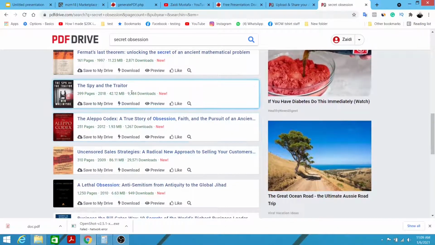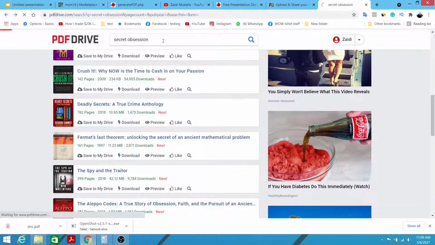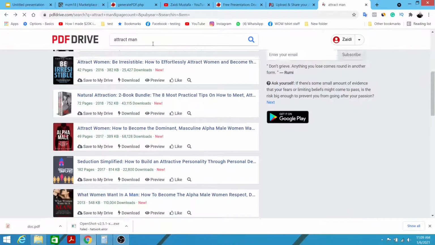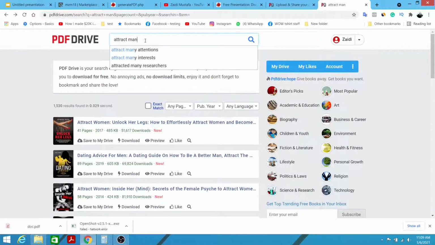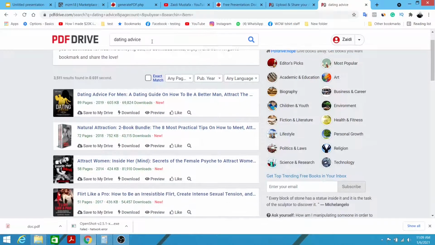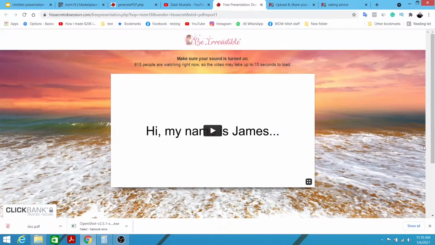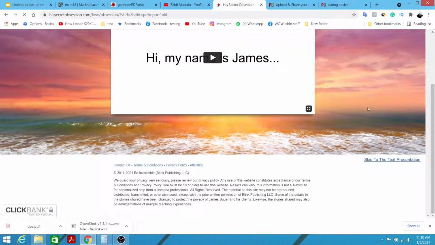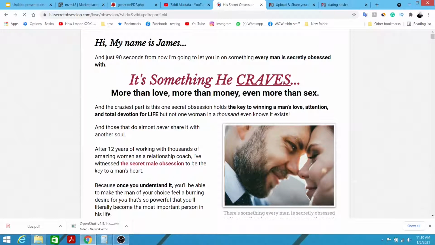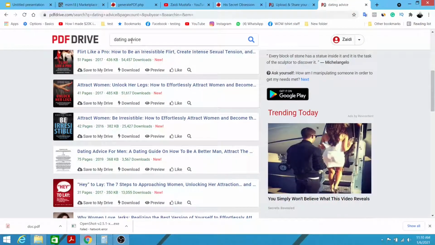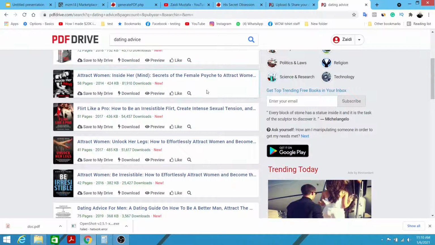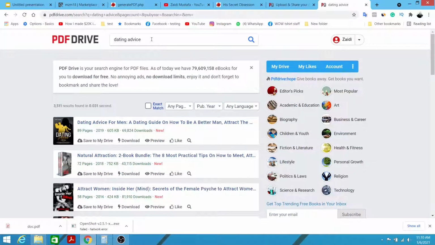So see, 1,000, 9,000, 2,000, but if we go for advice or dating advice, you're going to be able to get more traffic. Okay, so we're going to use our keywords dating advice, and then what we're going to do next is mix it with the headline that is available on our sales page. So I'm going to skip the presentation, and we're going to mix with either this headline or this headline over here, right? For example, maybe I'm going to put dating advice for women,